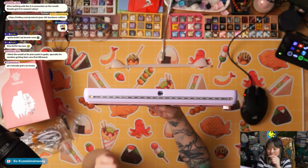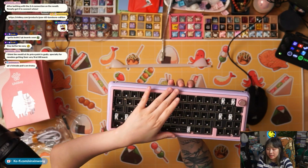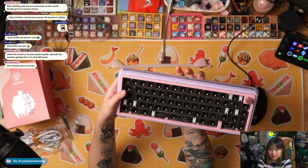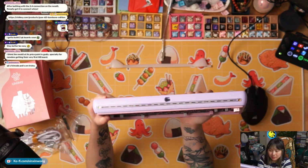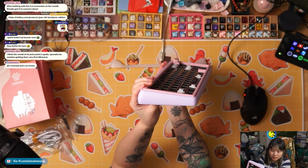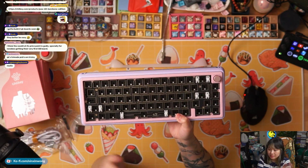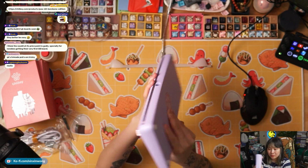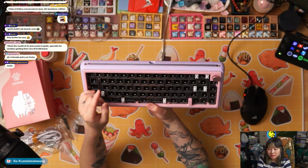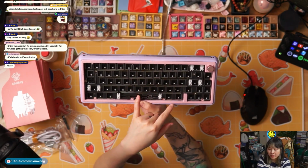So centered USB port, and then here's the front. This accent inner weight, this pink one, you can see it's elevated throughout the case. So you see it at all angles. And then the other boards are like this too. Neat. It is a screwless case design. Screwless meaning there are no visible screws on the case. I see the 4 up top, 2 on the side, and also 4 on the bottom, so a total